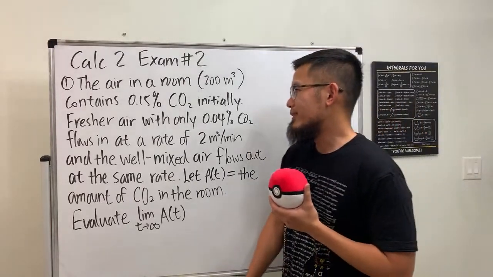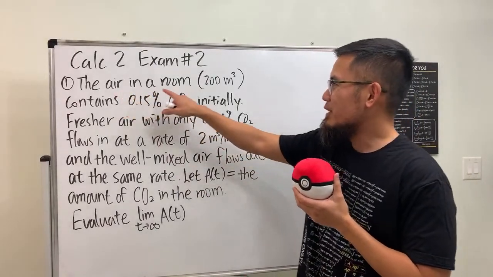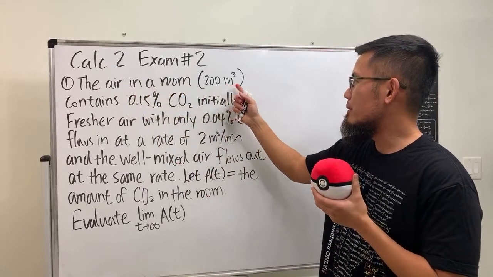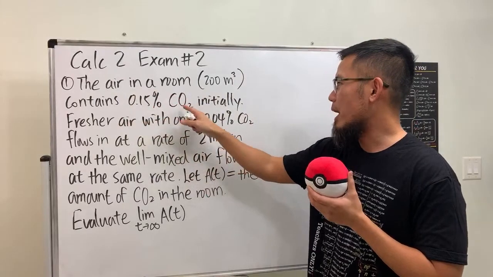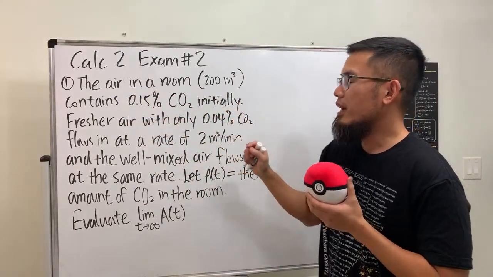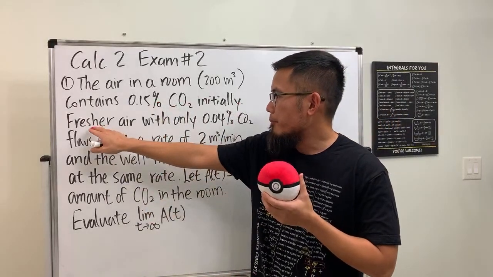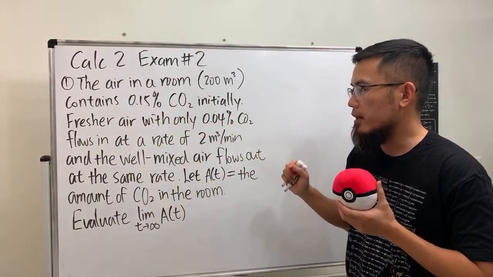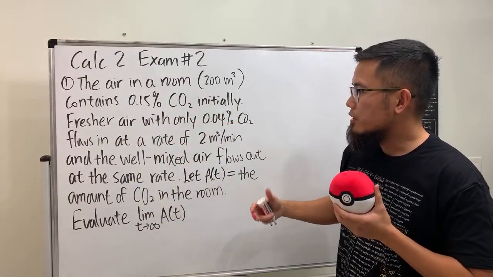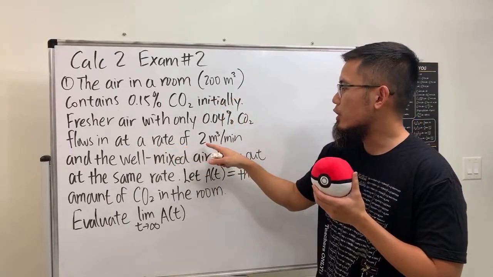Here we go. All right, it says the air in the room, well, the room is 200 cubic meters, contains 0.15% carbon dioxide initially. Well, that's a lot of carbon dioxide. That's not that good. But anyway, fresh air is coming in with only 0.04% carbon dioxide. All right, so you can imagine it comes into the room and the flow-in rate is 2 meter cube